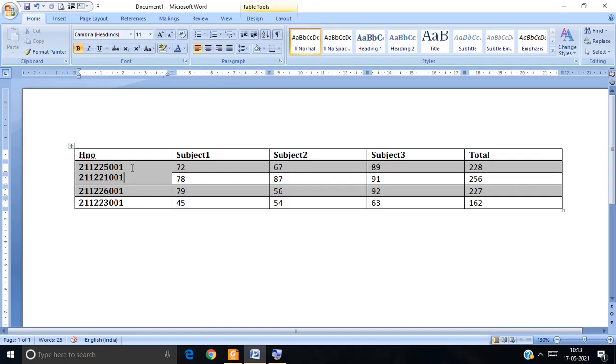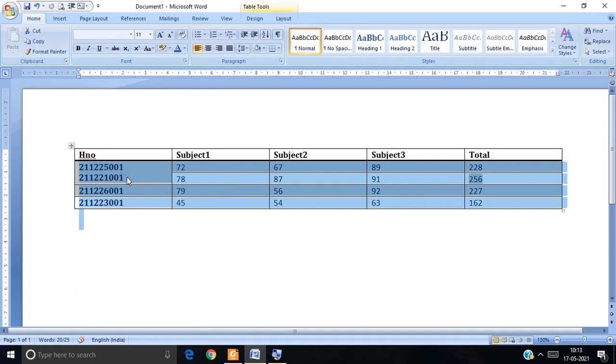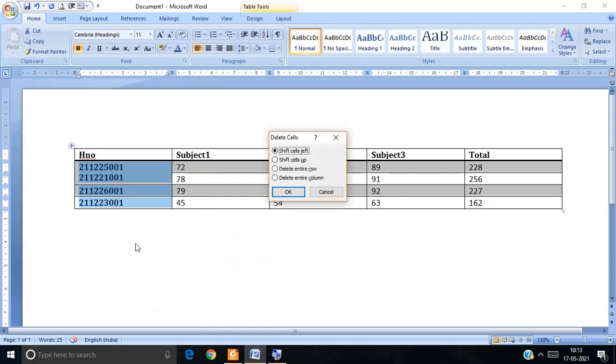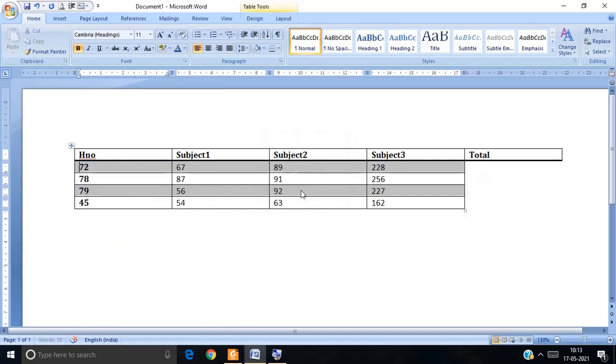Okay, if you want to delete, I am going to delete the entire table here, or I am going to delete only this column here. It is also possible by right-clicking and then choosing delete cells, then selecting OK. Automatically the cells will be deleted.